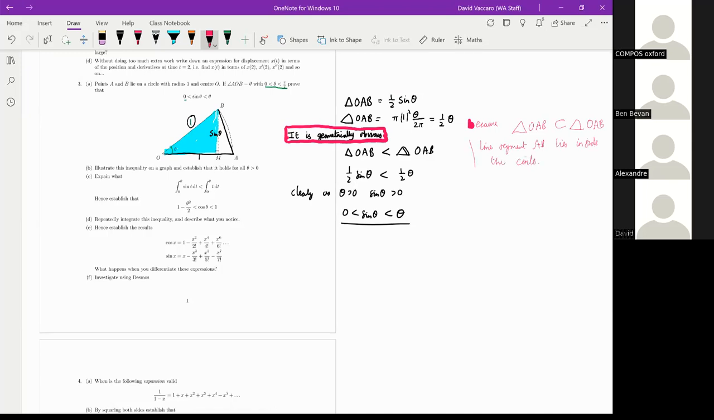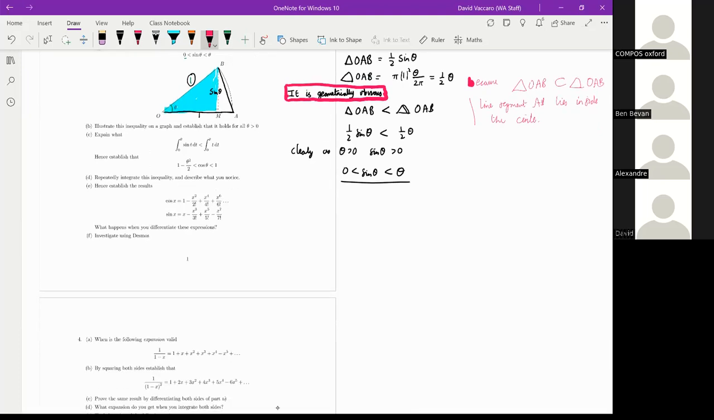Okay, that's just as an aside, but that's the geometric fact that this relies on. And you might want to go away and try and prove that this chord AB lies inside the circle. Okay, so I said that I was going to build up Taylor expansions in a slightly unusual way via integration. So if we just look at this inequality for a moment, as long as we're less than pi over 2,